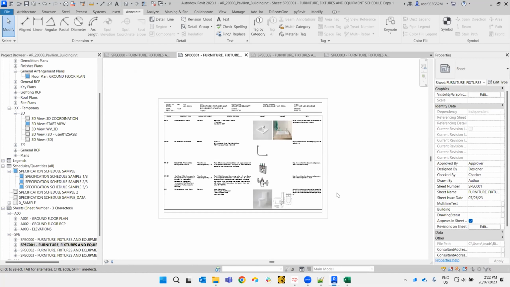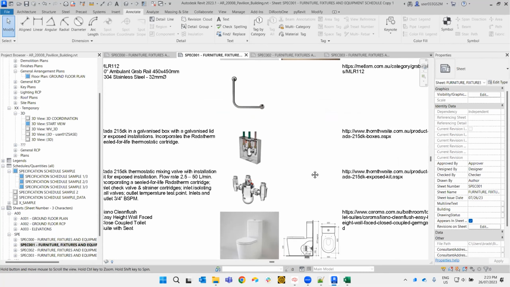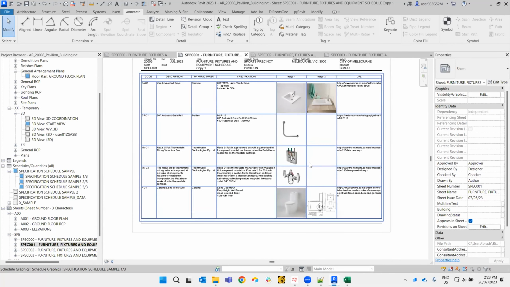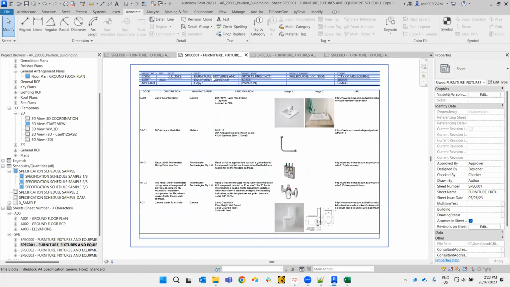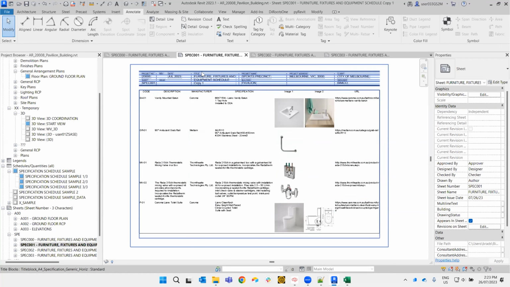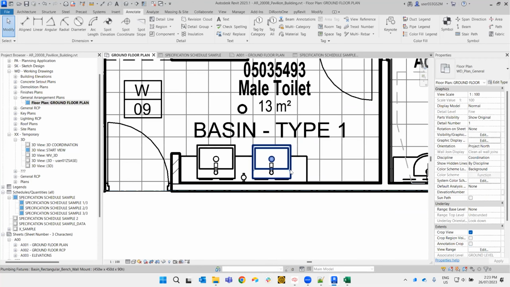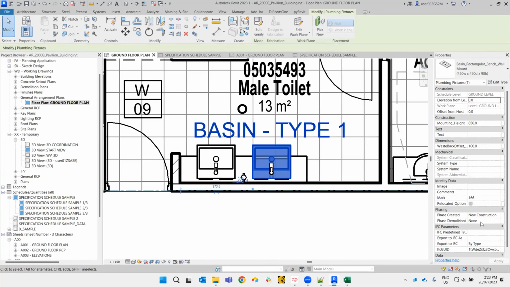Finally, how do you go about sort of filtering these? So we're doing an FF&E schedule today, but as you can see, we've got all sorts of manner of things in here. And as you keynote and code things, they're going to all make their way into this package. So what we want to do is set up some sort of parameters that will enable us to filter the items down. To do that, we'll head back into our plan here, and you'll want to create a new